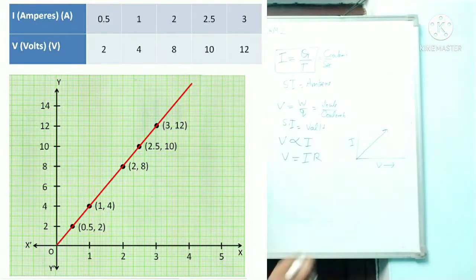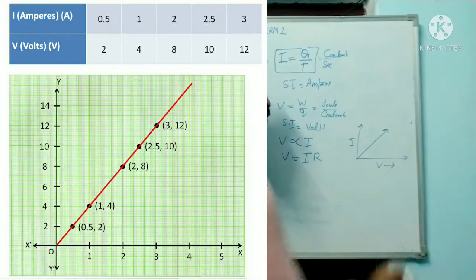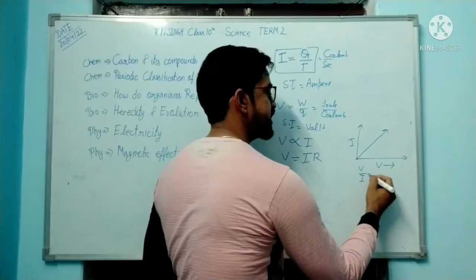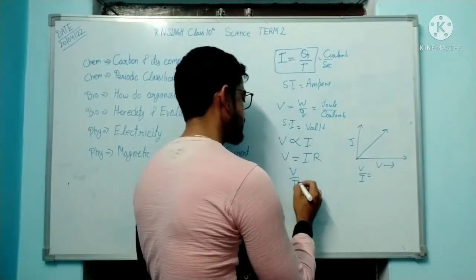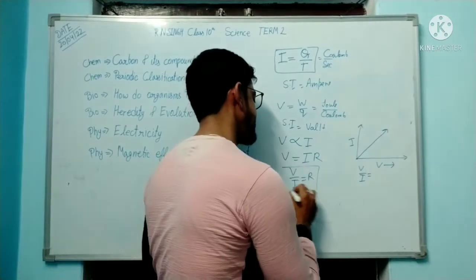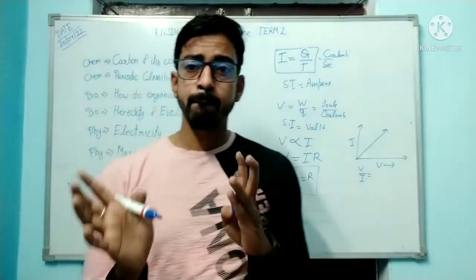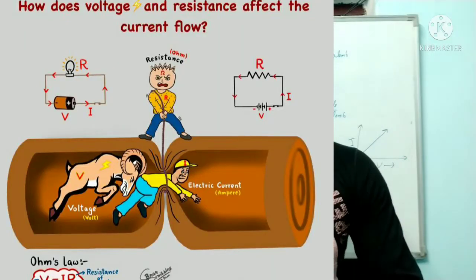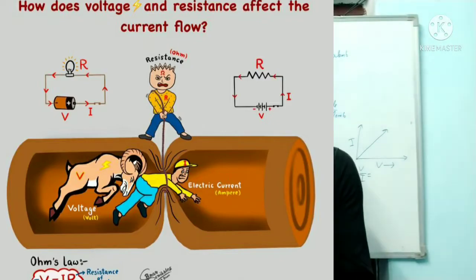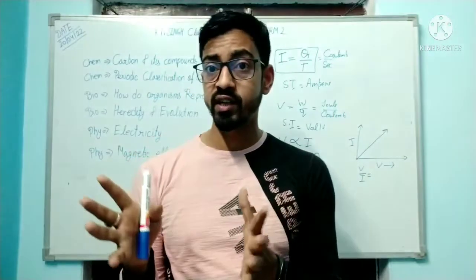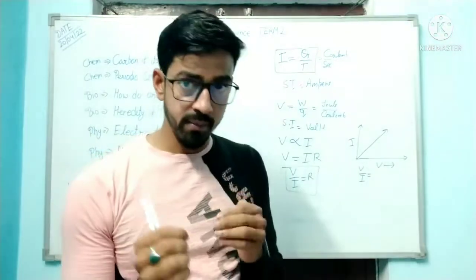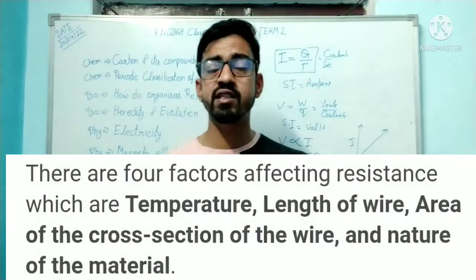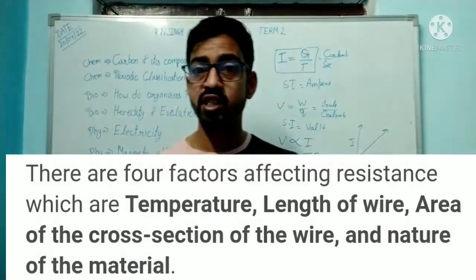So according to Ohm's law, every time the ratio V upon I comes constant, that is called resistance, which is the characteristic property of any wire, any metal. And this resistance depends upon the resistivity. Different metals have different resistivity, different abilities to resist the electrons. Very low resistivity is found in silver, 1.6 into 10 to the minus 8.